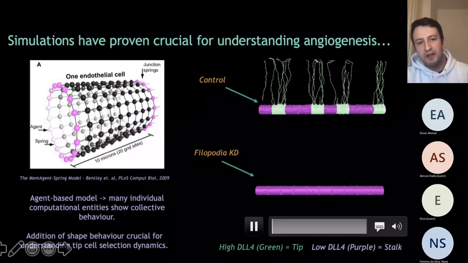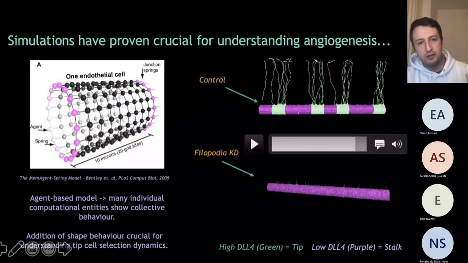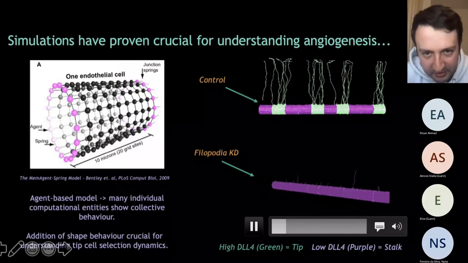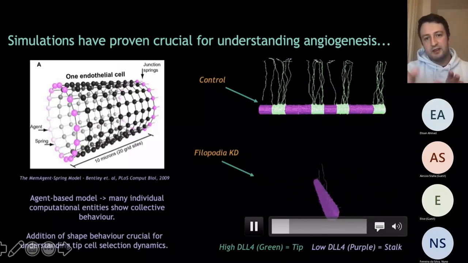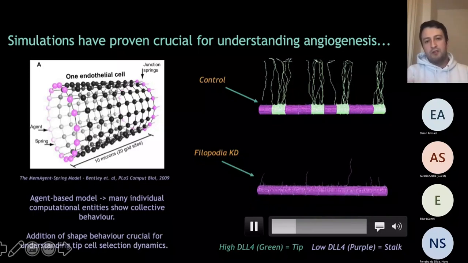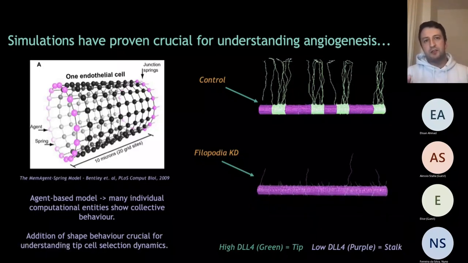When you somehow prevent the cells from extending out filopodia properly, which might be a bit difficult to see, basically they become less able to sense this. And once you've got this mechanism in place, you can then begin to do quite interesting things, such as work out the effect of random extension versus not, and things like that, to better understand the